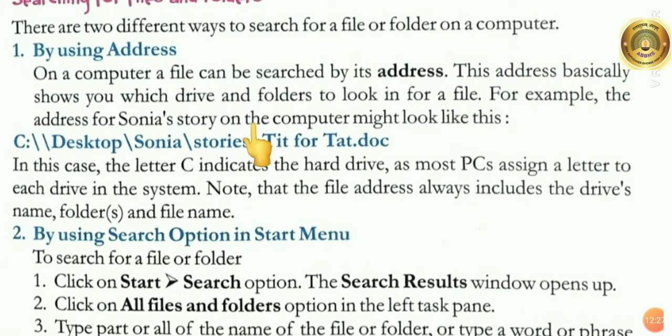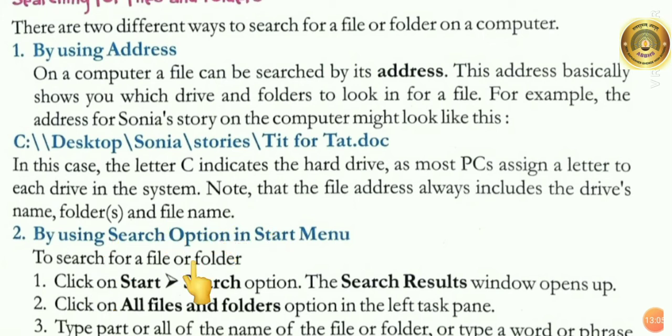For example, the address for Sonia's story on the computer might look like this: C, desktop, Sonia stories. In this case, C indicates the hard drive. Most PCs assign a letter to each drive in the system. Note that the file address always includes the drive's name, folder and file name.